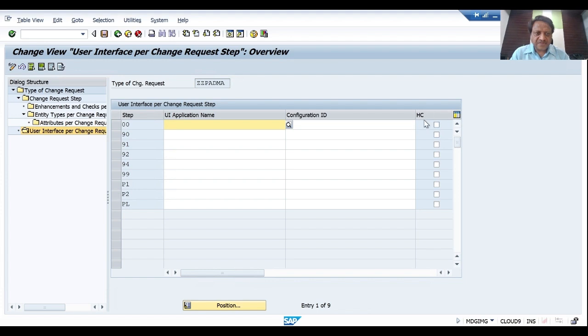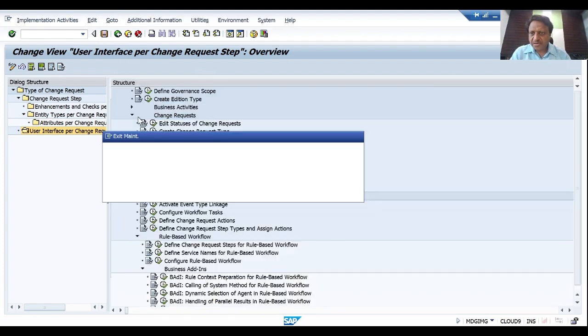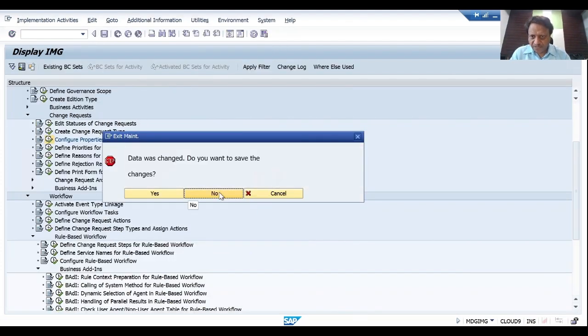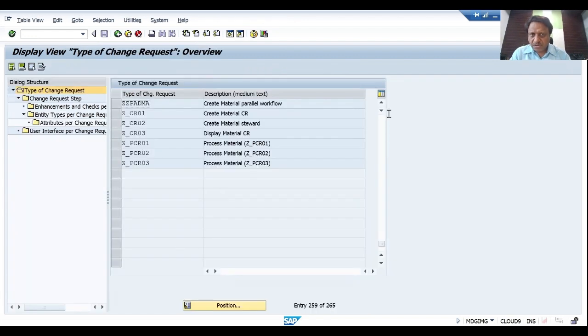We can activate this highlight changes checkbox for all the steps which essentially are the manual steps. So we know that step 00, and then, sorry, I think I selected the wrong change request type. So let me go back. I will say no, and